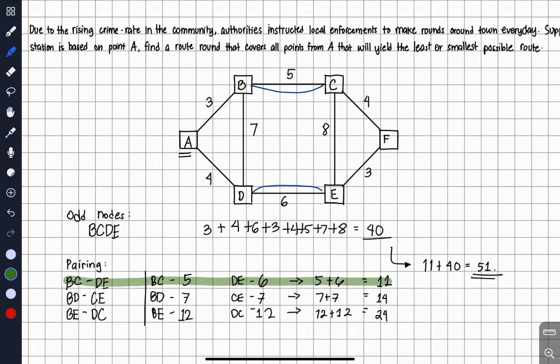From A, we can go to B. From B, we can go to C. From C, we can go to F. From F, we can go to E. From E, we can go to